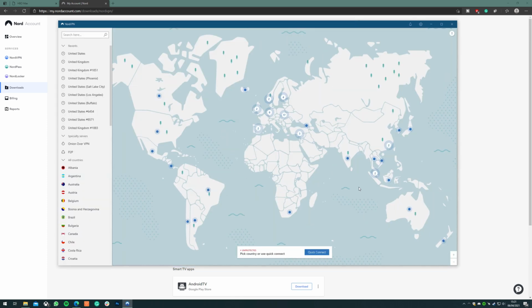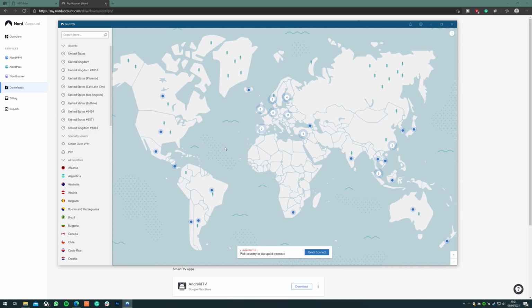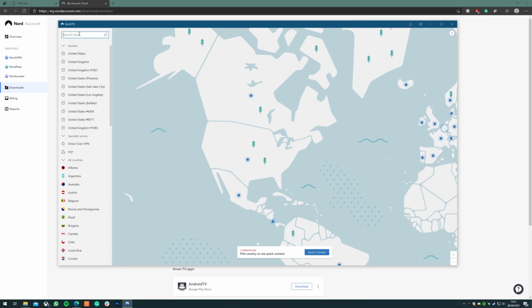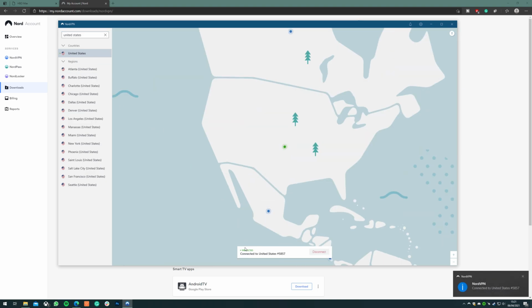Now, HBO Max is a US-based streaming platform, so we need to connect to a US server on NordVPN. So there's a couple of ways you can do that. You can find the US on the map here, or you can just go up to the top left, type in United States, and click that, and that's going to give you the best server for you. Once it goes green here, that means you're connected to the United States server, and you now have a United States IP address. So if we go back to HBO Max,